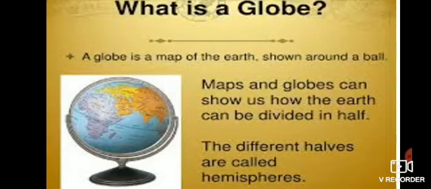The advantage of a globe is that it is a smaller representation of our world. It helps us to read the various locations, vegetation, etc. It gives a better idea of parallels, latitudes and meridians, longitudes. It helps us to understand how day and night occur and how seasons are caused. It also gives the idea of the tilt of the earth's axis. So this is globe. Now our next topic is map.